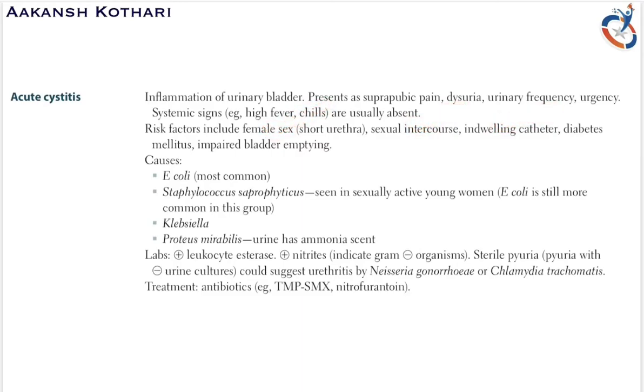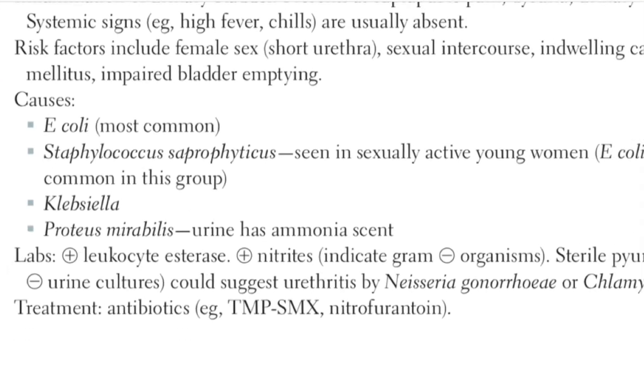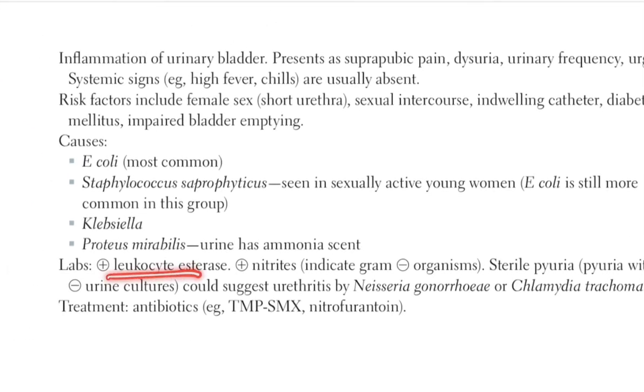Okay. As I told you, these are the various bacteria that infect the urinary bladder causing acute cystitis. And just talking about Proteus mirabilis, it produces the ammonia scent in the urine. So if a urine presented with ammonia scent and symptoms of acute cystitis, then it is due to Proteus mirabilis. Is it clear? Now, the lab findings include positive leukocyte esterase and positive nitrites that indicate the